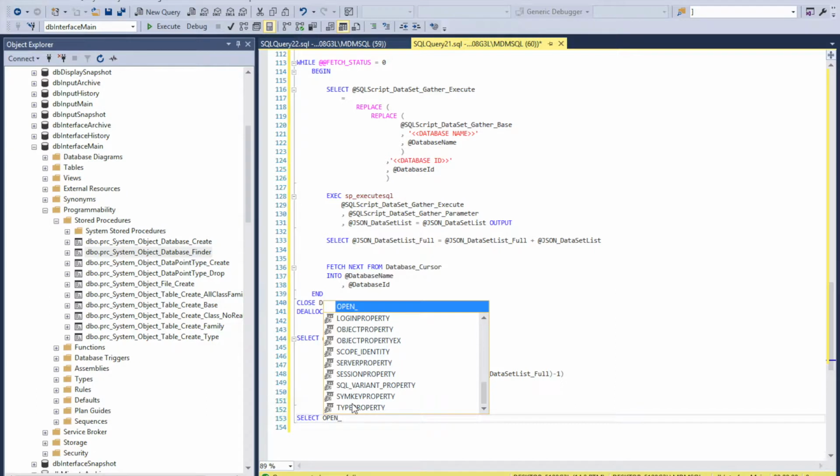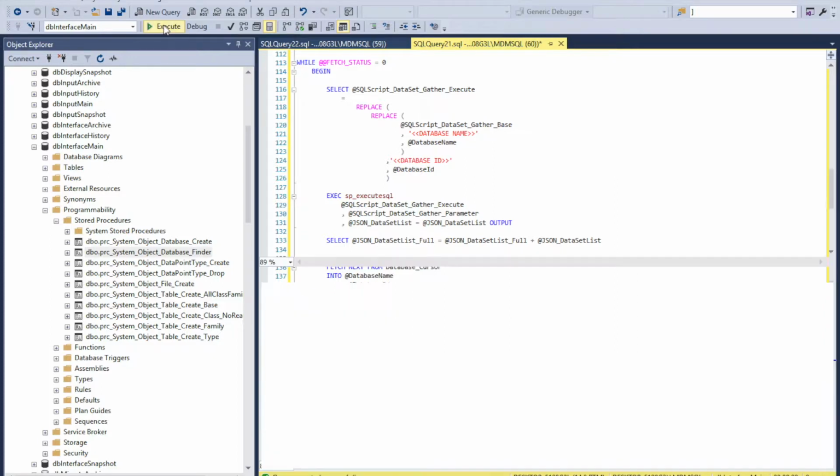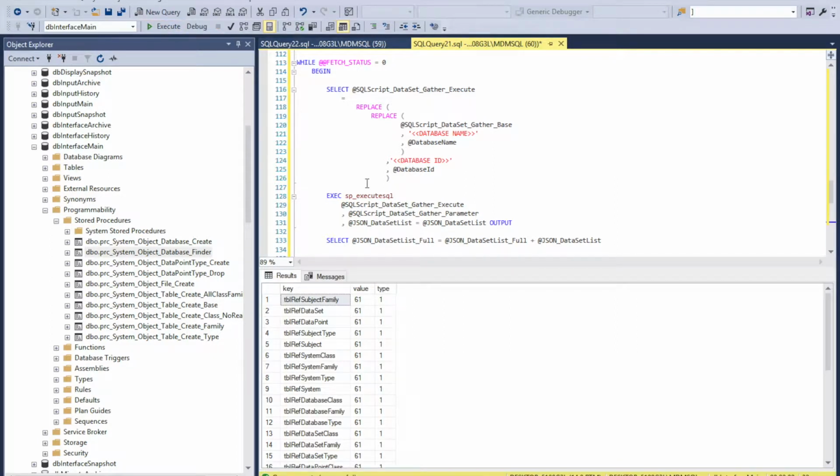Select star from OPENJSON. I don't think I'll need a path. Let's see if it yells at me. Oh, it doesn't. But what we got